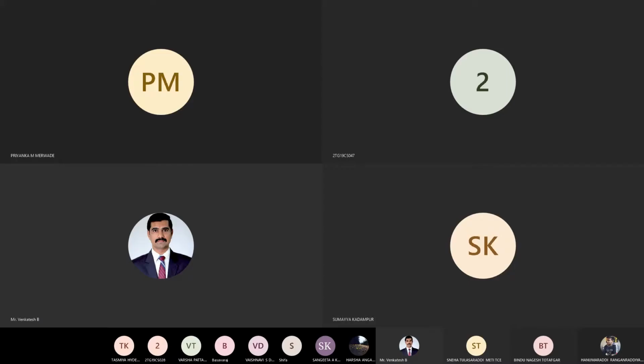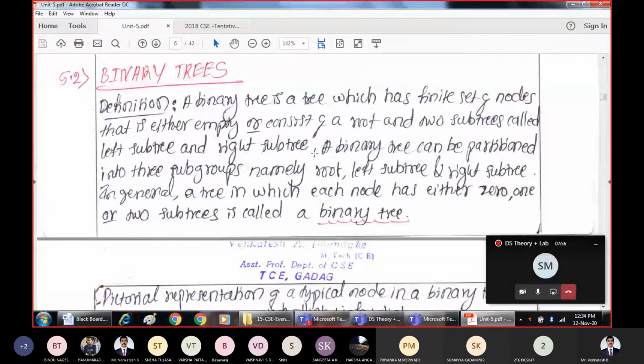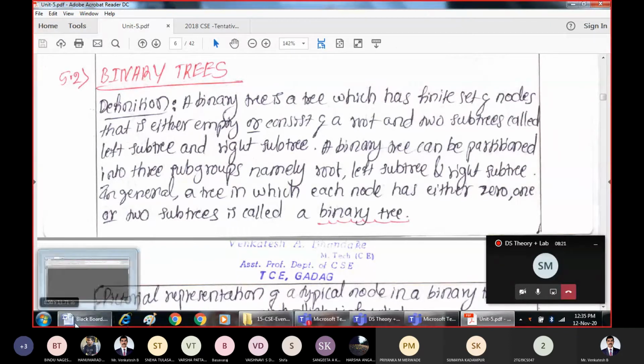So in this class, we will be discussing binary trees. A tree we have studied. A tree is fundamentally a data structure which consists of a special type of node called the root node, and if possible, it will have a left subtree and right subtree. And all those subtrees in turn are called trees. They again will be acting as parent for their children. So that is the normal definition of the tree we have studied in the previous classes.